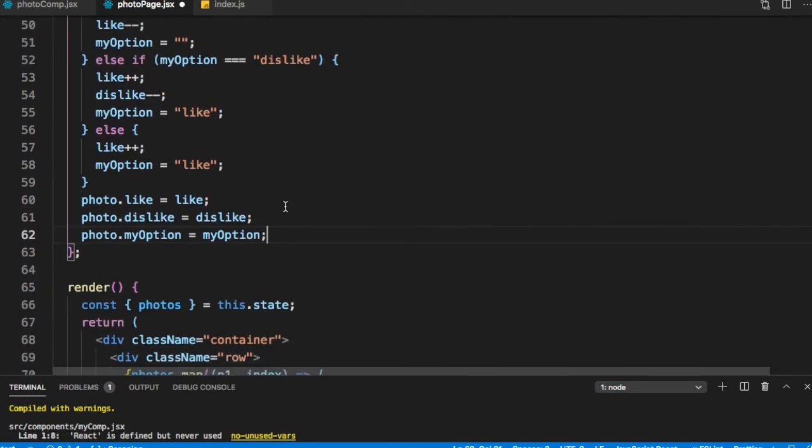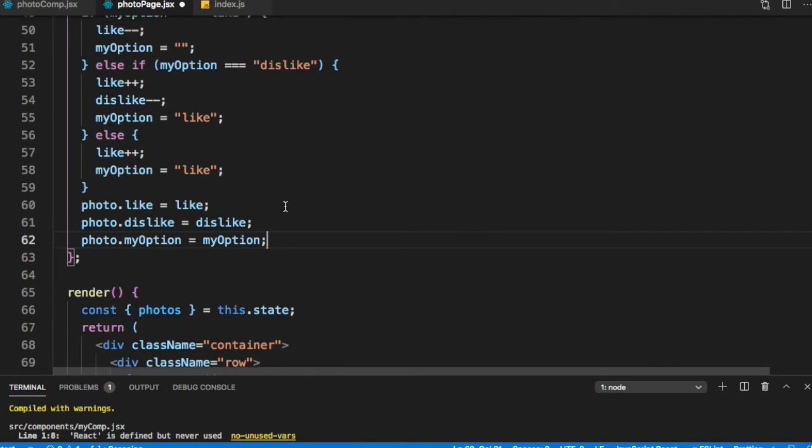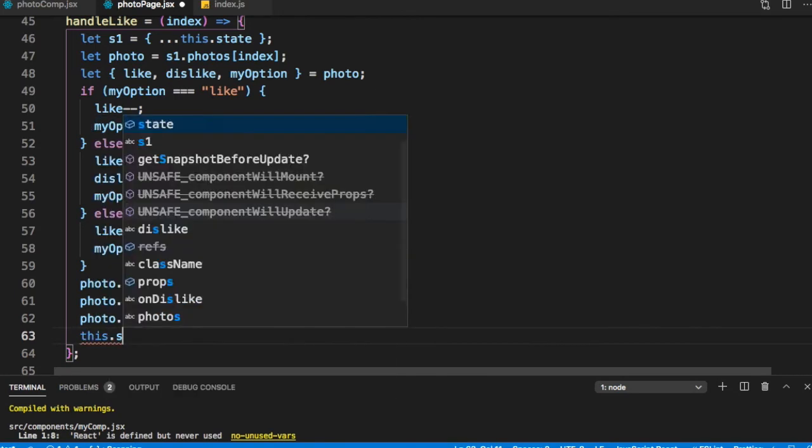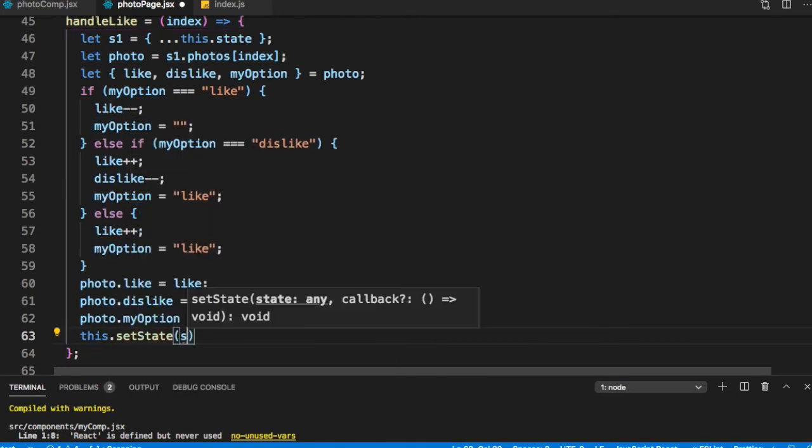So this is one way we could have done it. The other way could have been, we could have created a JSON. Now that this JSON is updated, we can just set our state. So I can just say this.setState s1.